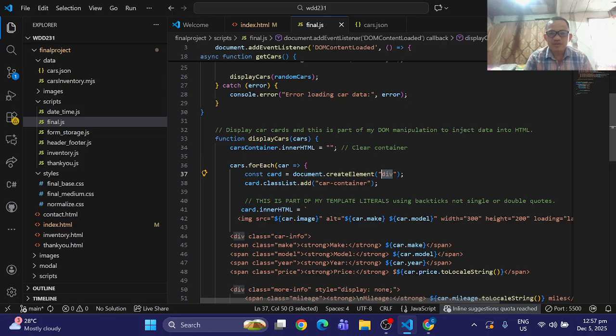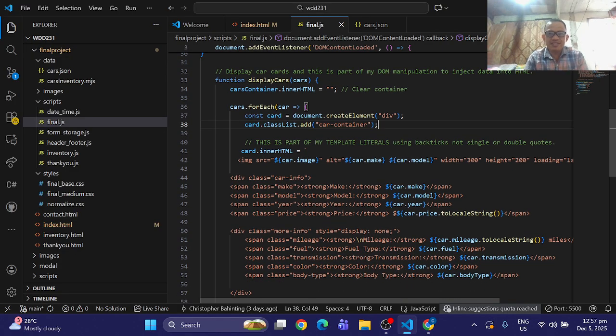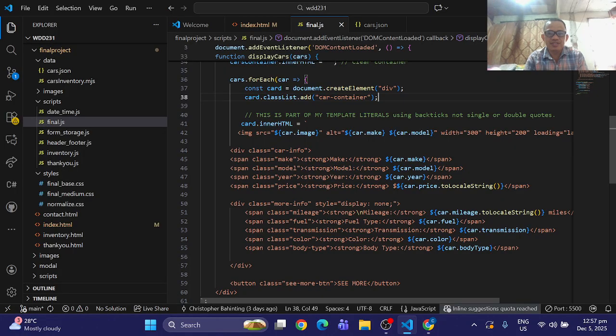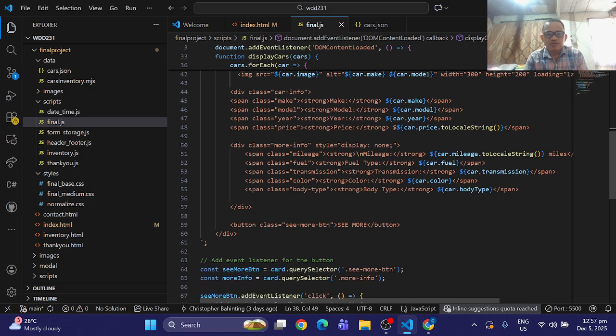Since it is cleared, we create the div container, and its class is car container. And then we are injecting the template literals in that, using backticks. This is the code for that.